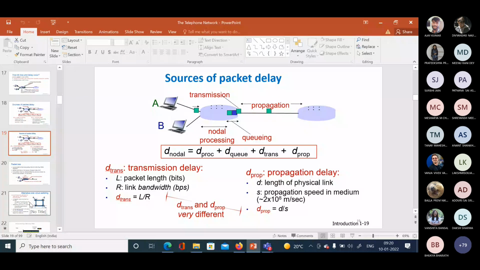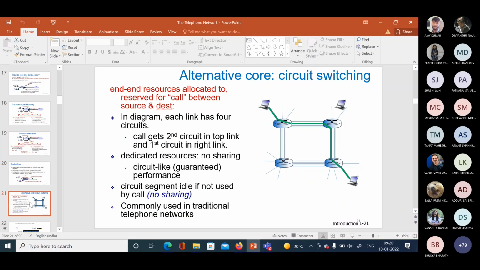Okay, so now this is packet switching, and then let me get very quickly to circuit switching. So circuit switching, as Devanshu just suggested, is a switching technique where resources are pre-allocated before the communication can happen. End-to-end resources are reserved for a call between the source and a destination. It mimics what happens in a telephone network. Okay, so we will also get into what happens in a telephone network in this course.